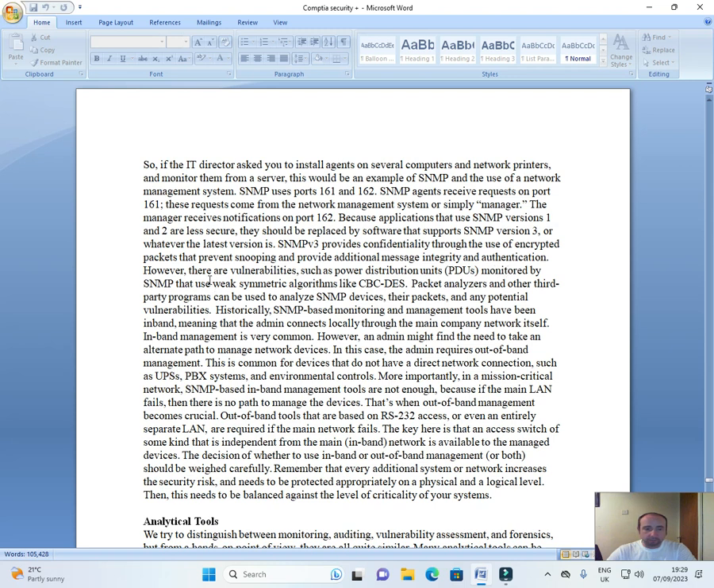However, there are vulnerabilities such as power distribution units, PDUs, monitored by SNMP that use weak symmetric algorithms like CBC-DES. Packet analyzers and other third-party programs can be used to analyze SNMP devices, their packets, and any potential vulnerabilities. Historically,